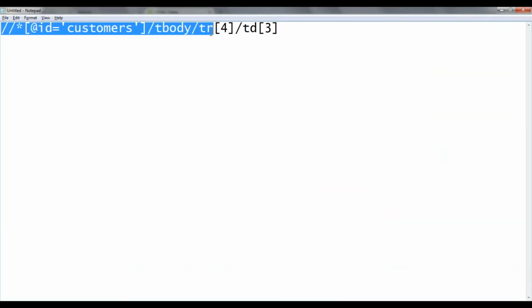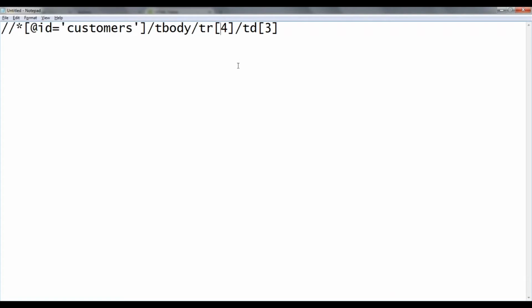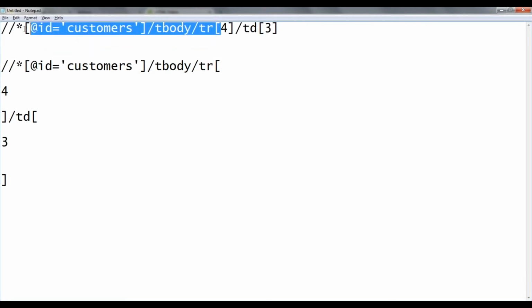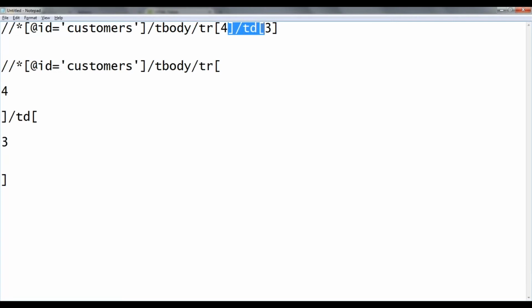So instead of passing value 4, where exactly I should pass value 4 is the first thing. So I have divided the entire x path like this. Up to here is the first part, and then from here to here is the second part, and then only the closing brace is the third part.